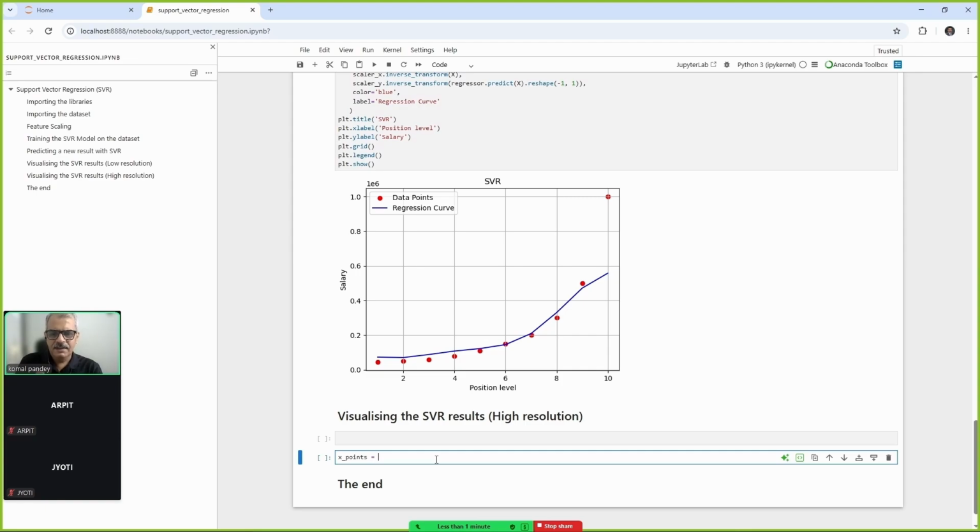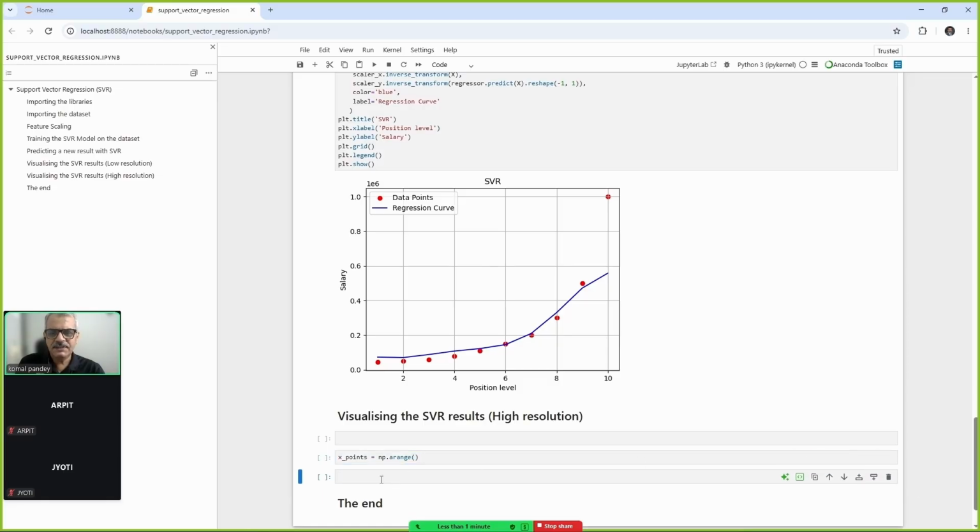Okay, and we can use np.arange, and we can specify the minimum value, maximum value, and the step, right? So here we want to get the minimum value from the x values. To get the minimum value from x values, let's add one more cell here. So we can use min,